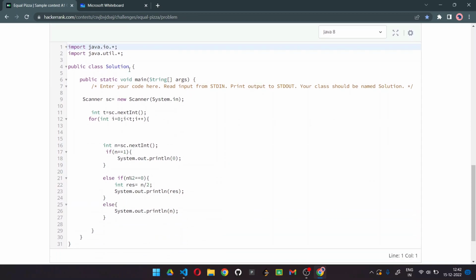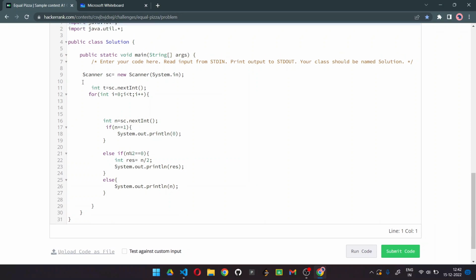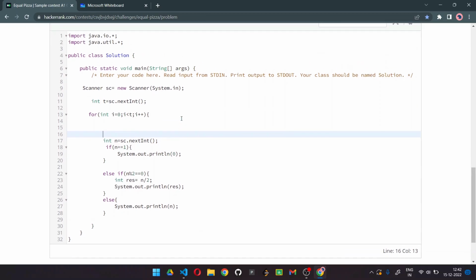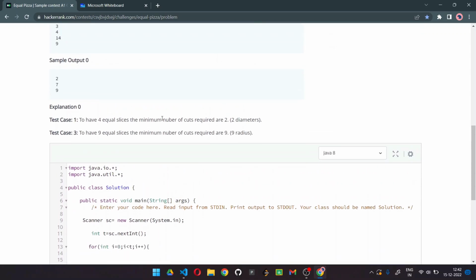Here I have written my code in Java. We are also going to discuss our code in C++, and the code for Python will be provided in the description. In HackerRank, we all know that we have to use standard input output. So here I have taken the Scanner class, which will allow us to take the input. Here T represents the number of test cases, and we are running a for loop over each test case. T will iterate from 0 to T minus 1 in order to cover every test case. After that we are going to have our input N, which will represent the number of slices